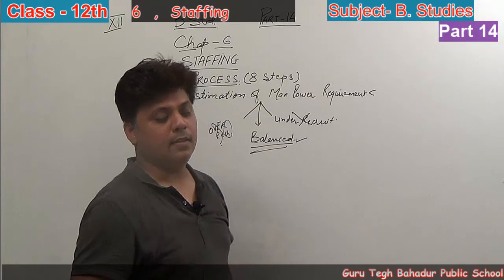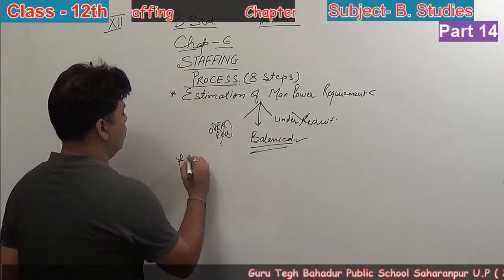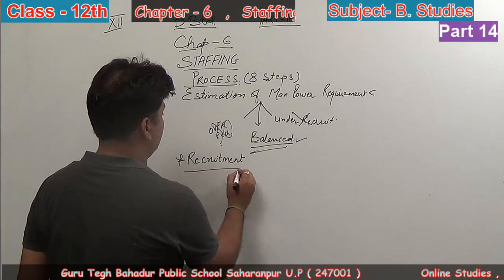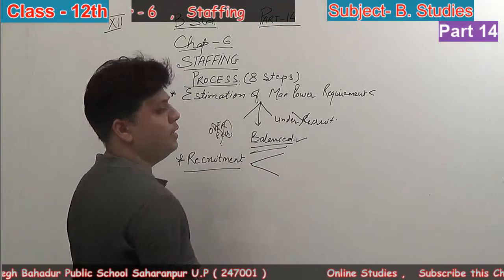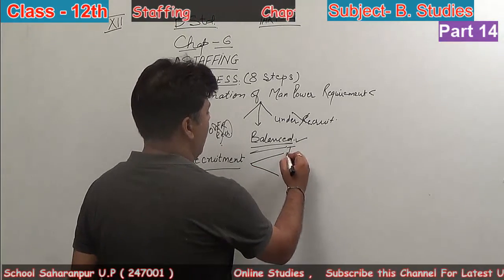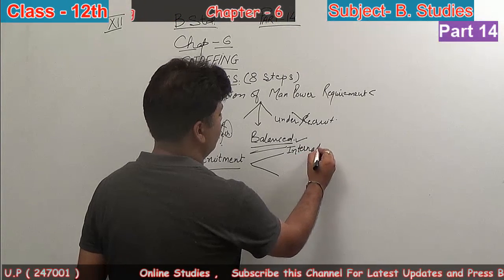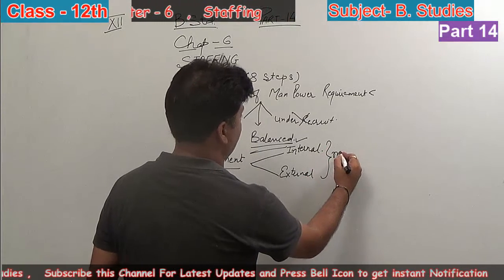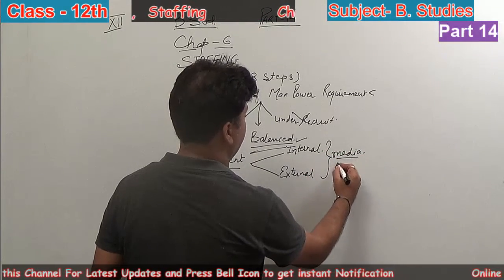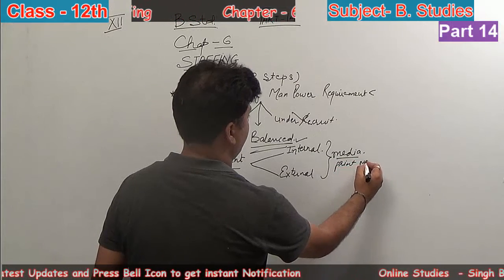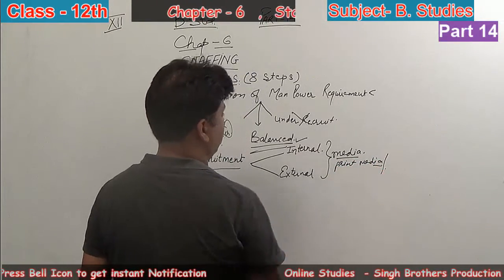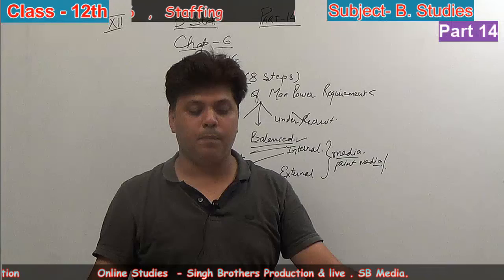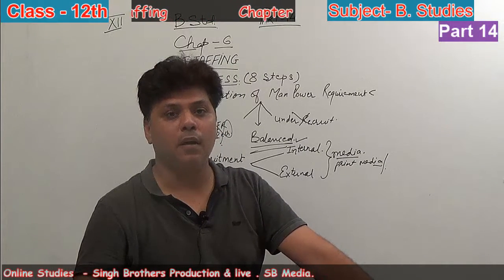The next process, the second step, is recruitment. The recruitment process is done on two bases that will be discussed in detail in the next topic. In this topic, you have to write down that recruitment must be of two types, internal and external, and what kind of media we use. Media means we are using print media or orally. For example, we paste a page announcing the recruitment and the post at the outside gate